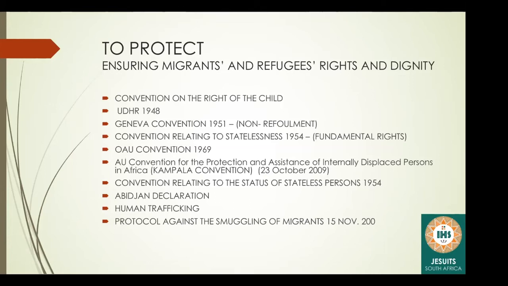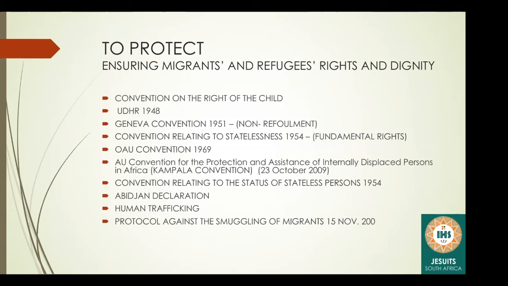And it talks of the return of smuggled migrants, and it encourages states to facilitate and accept the return of smuggled persons. It also discourages the criminalization of those smuggled people, but also says in Article 6 that each state party shall adopt legislation or measures that may be necessary to establish as a criminal offense the smuggling of people and all that. And then under protection again, coming back to Africa, I would like to look